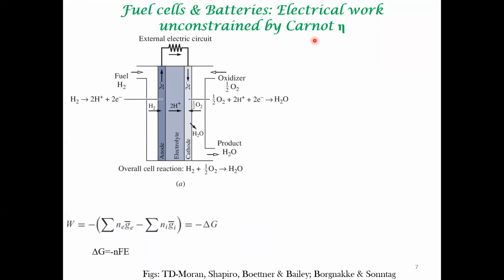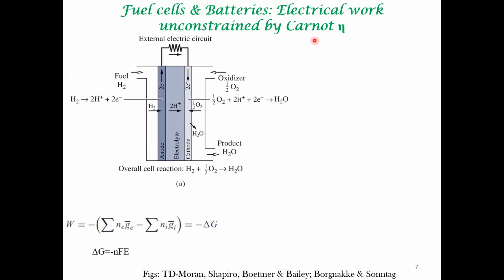Only when there is thermal energy to work conversion, you are limited by Carnot efficiency. Okay, in principle, there is no Carnot efficiency for fuel cells and batteries, because what you're doing here is you are converting chemical energy, exothermic chemical energy, the delta G of the chemically reacting system, and obtaining electrical work.